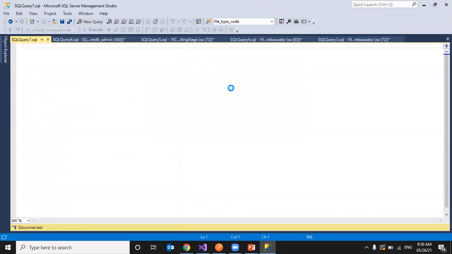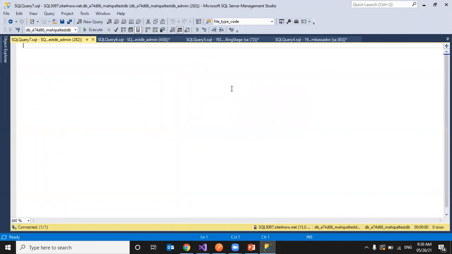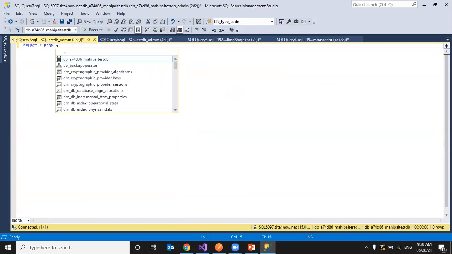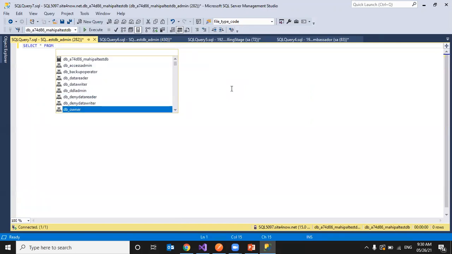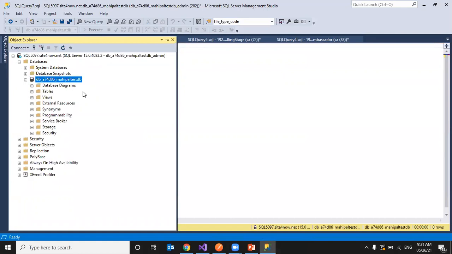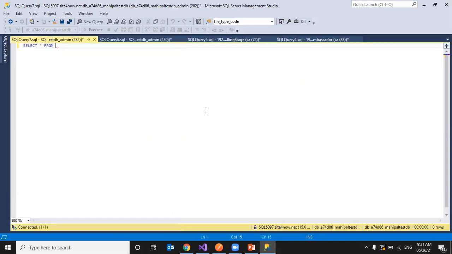I hope everyone installed SQL Server Management Studio and is able to create tables. What is the table name we created? Let's see that table name. I forgot the table name. Student.